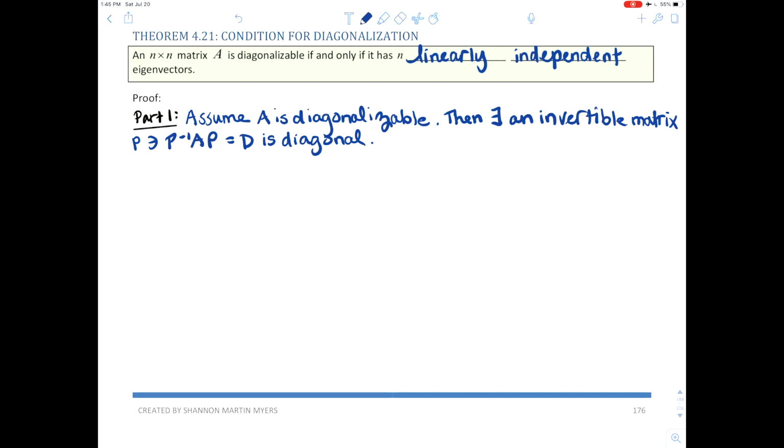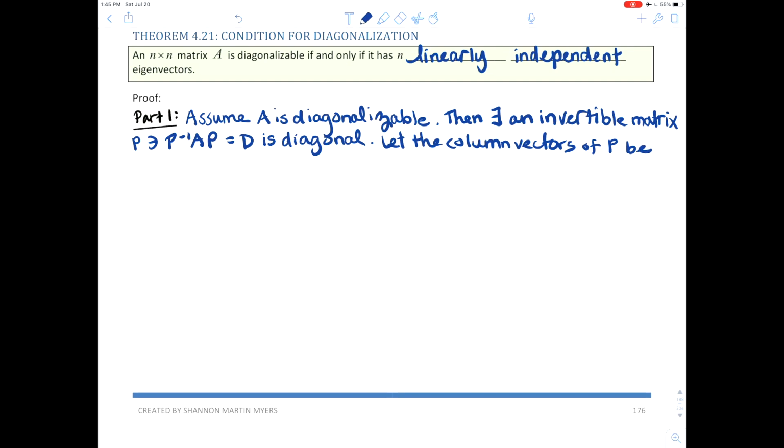Cool so far? All right, well, let's think about the column vectors, all right? Let's let the column vectors of P